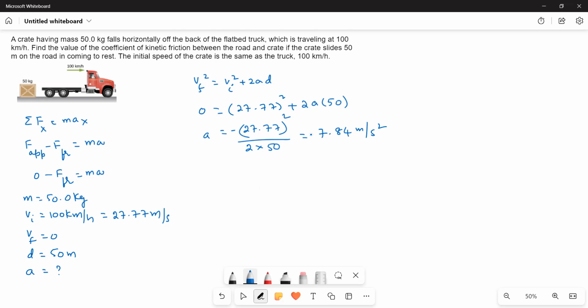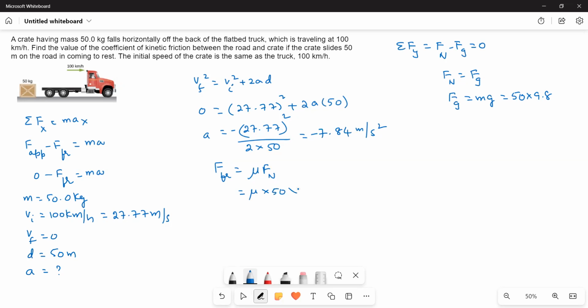Now acceleration is known to us, and F friction is equal to mu Fn. Then again writing the y direction forces, sigma Fy is equal to Fn minus Fg is equal to 0. Therefore Fn is equal to Fg, and Fg is equal to mg. So that is equal to 50 into 9.8. So here F friction is equal to mu into